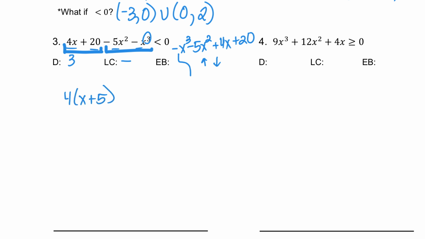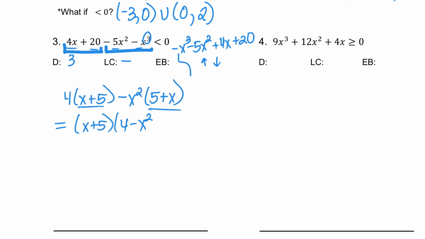My GCF of the next ones will be -x squared, which will be 5 plus x, which is the same thing as x plus 5, so you can factor this out. So that'd be x plus 5 times 4 minus x squared. Factor that as a difference of squares, and that would be 2 plus x and 2 minus x,